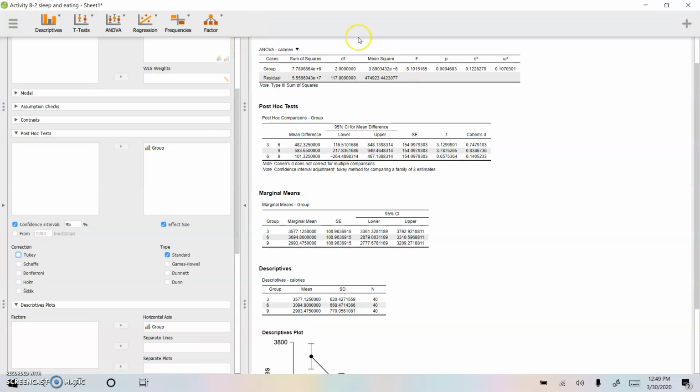Okay, so now the first t, 3.12, had a p of 0.002. That means that this difference between groups 3 and 6 is very unlikely to be due to sampling error. That difference, 482.32, is unlikely to be due to sampling error, and it's a large effect, 0.75. Okay. The difference between group 3 and 9 had a p of 0.0002, which was also very unlikely to be due to sampling error, and that's also a large effect. And then finally, the difference between 6 and 9 was only 101 calories with an effect size of 0.14, and